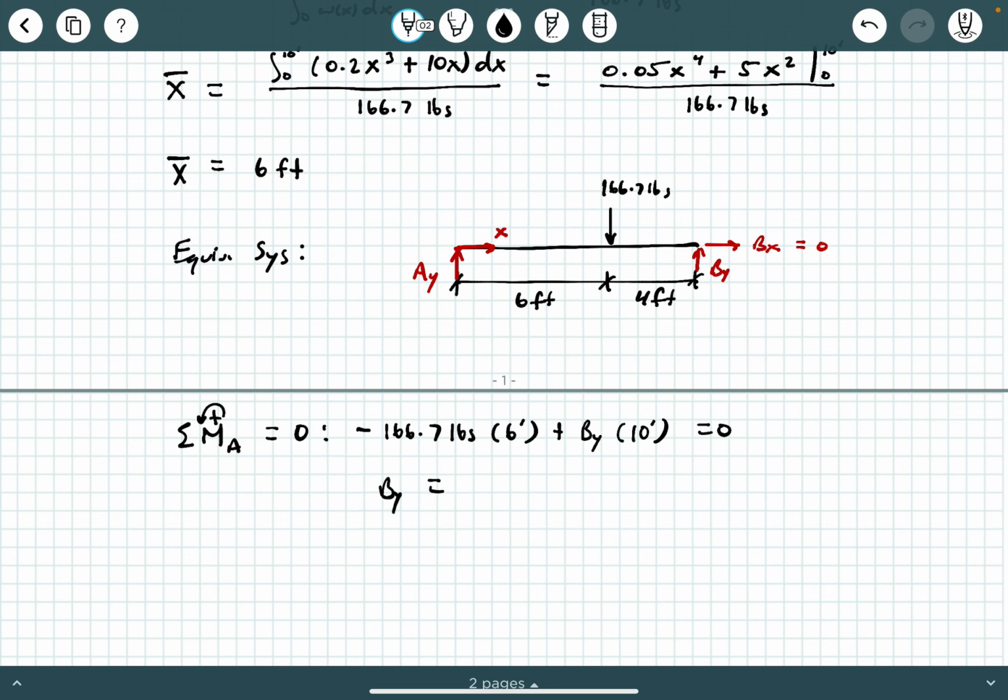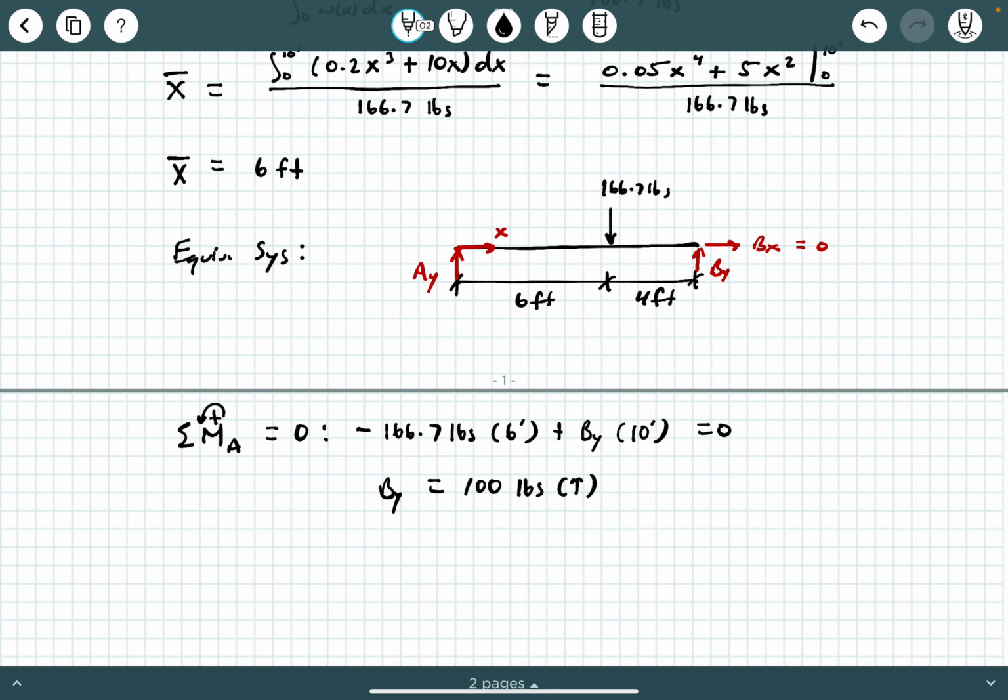And so we'll say 166.7 times 6 divided by 10, and punch that in one more time. 166.7 times 6 divided by 10. Yeah, I missed a decimal there. Equals 100 pounds